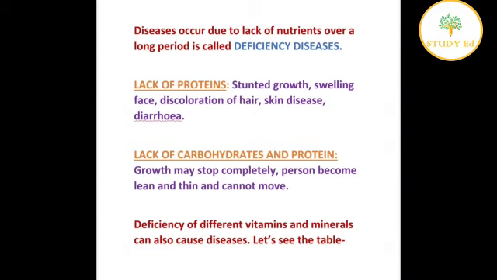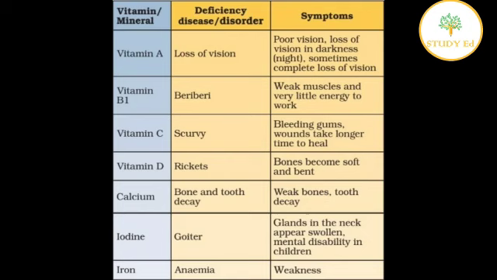Deficiency or lack of different kinds of vitamins and minerals can also cause diseases. Let us take a look. Deficiency of vitamin A can cause loss of vision, poor vision or night blindness. Deficiency of vitamin B can cause beriberi. Beriberi means very weak muscles, no energy to work. Deficiency of vitamin C can cause scurvy, and the symptoms of scurvy are bleeding gums or wounds that take longer to heal. Deficiency of vitamin D can cause rickets,